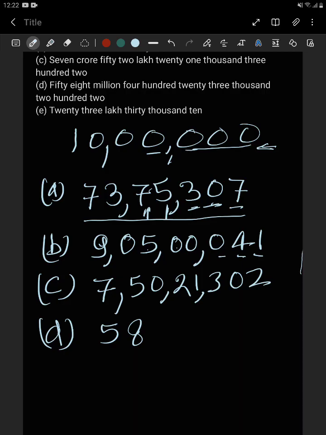Then after 58 million comes 423,000. So it is talking about all the numbers: after 58 it will be 4, and we will write 423. Why? Because it is talking about 423,000, meaning 423 is there and then 1000 is also there. So the digits after 58 will be 423, and now after that 202. So it is saying 202. Okay. So this is the total number.